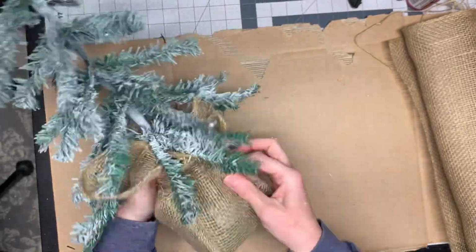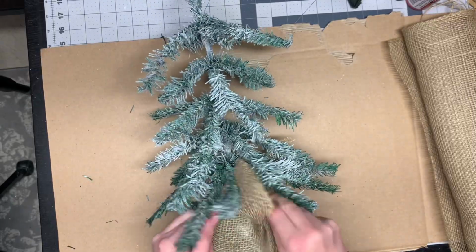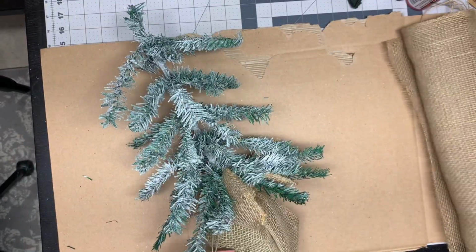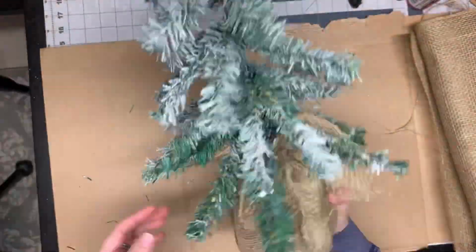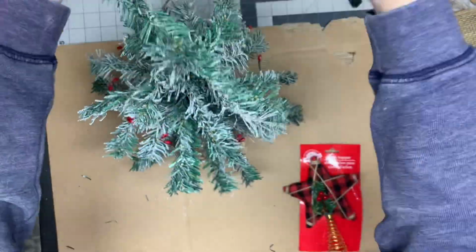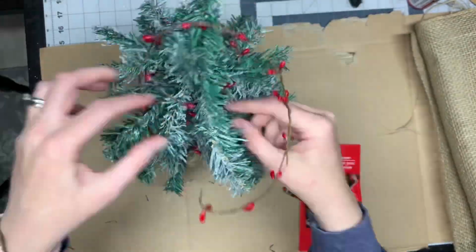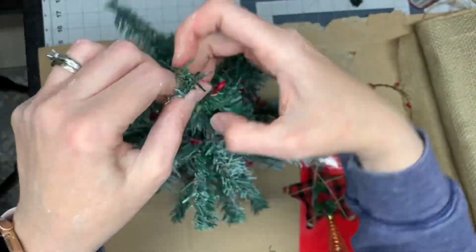And the nice thing about this is you could keep this plain. They sell a lot of these types of trees at Hobby Lobby. Also, you can buy it at Home Goods, those types of things. But they can be a little pricey. Sometimes they're reasonable, but this is probably $2 and a little bit of change for the burlap. And then I also took a little bit of this berry garland from the Dollar Tree and wrapped that around the tree. But again, you could just keep it plain, and putting this on a fireplace mantle,